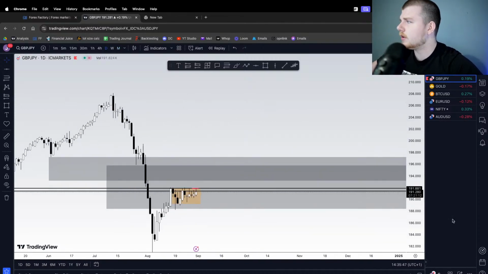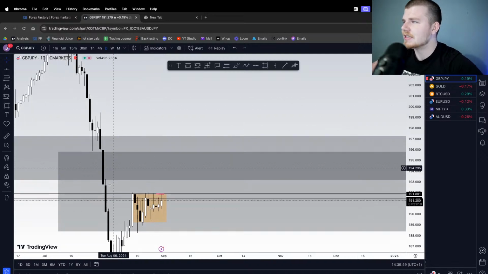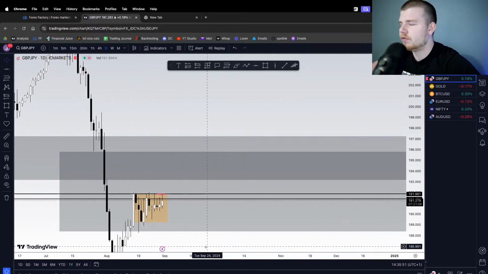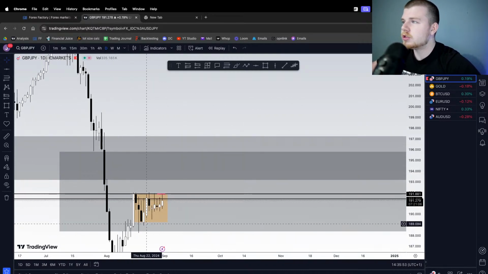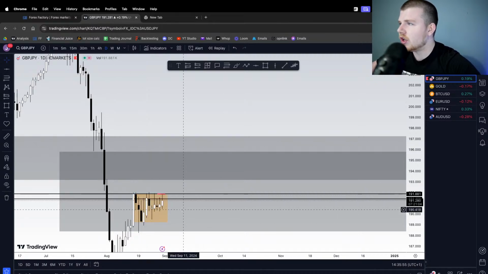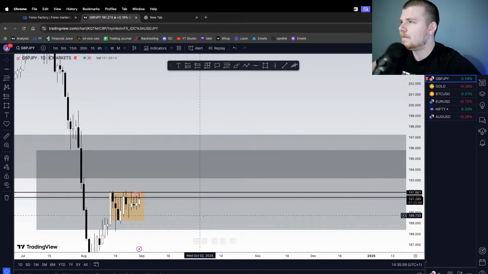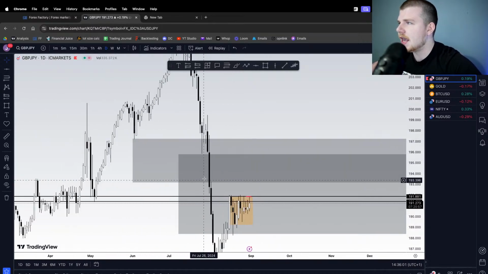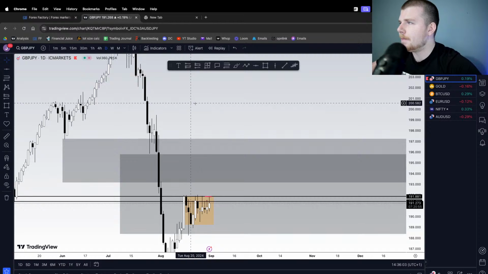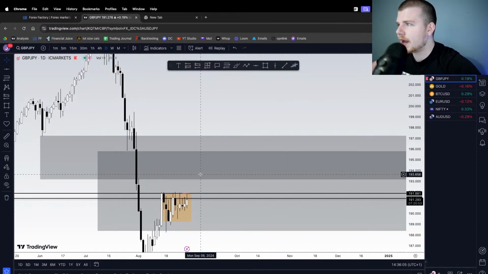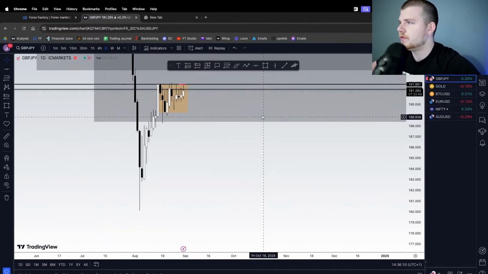And talking about the external AMD, we are still inside of this accumulation range, which we identified on Tuesday. So ultimately, we are still kind of just consolidating. Obviously, we are inside of a daily fair value gap as well. My belief is that we're going to push up to here, which is the monthly, and then respect that. That would be the manipulation phase, and then we can catch a distribution move to the downside.